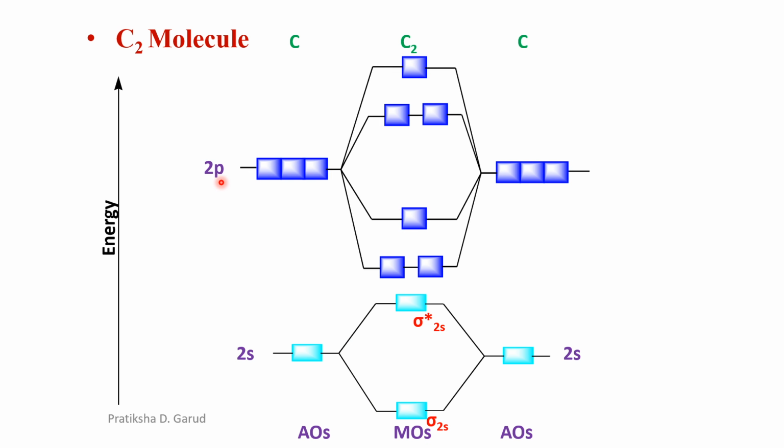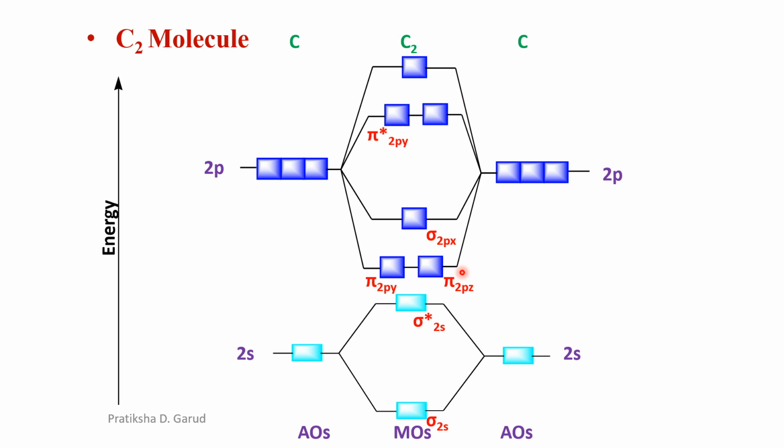Then after 2s, we are having the second energy level diagram, that is for the 2p. So this is the 2p of first carbon and then 2p of the second carbon. There are 6 atomic orbitals, therefore we are having the 6 molecular orbitals. Out of the 6, the lower 3 are bonding, upper 3 are anti-bonding. Let us see. The first one is pi 2py and pi 2pz. Now here this pi 2py and pi 2pz are both degenerate orbitals. That means they are having the same energy. Next is the sigma 2px. So these are the 3 bonding.